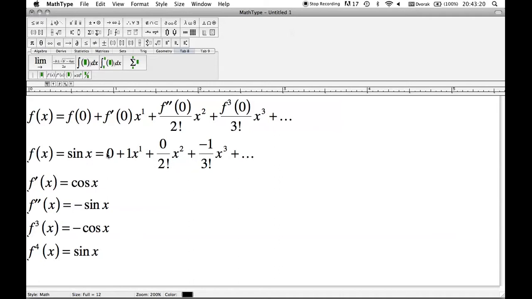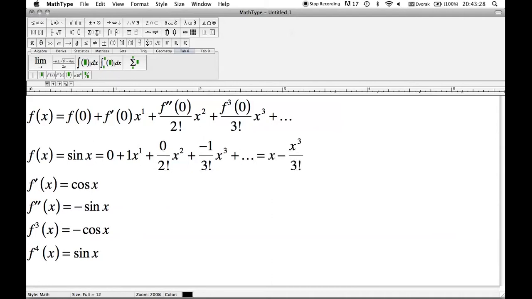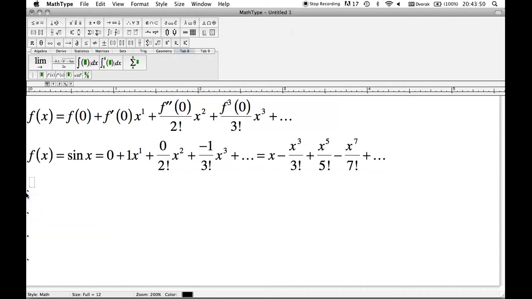So, ignoring all the terms with 0 as the coefficient, we get that sine of x is equal to x minus x cubed over 3 factorial plus x to the 5th over 5 factorial minus x to the 7th over 7 factorial. And then we just use all of the odd terms because all of the even terms have 0 as a coefficient. So rather than graphing it, another way we can confirm that the Taylor series is correct is